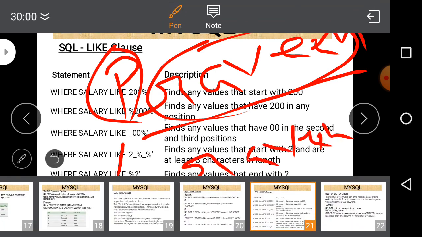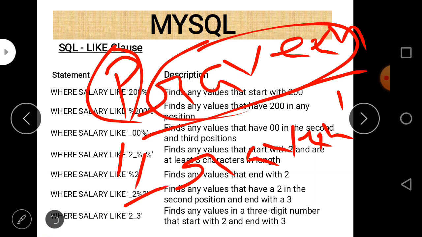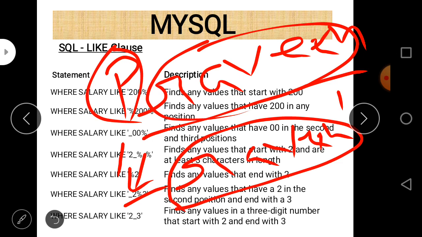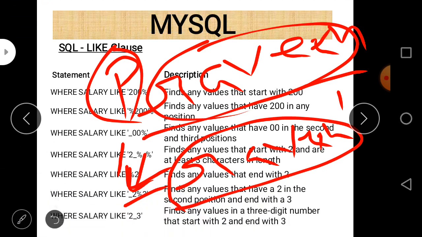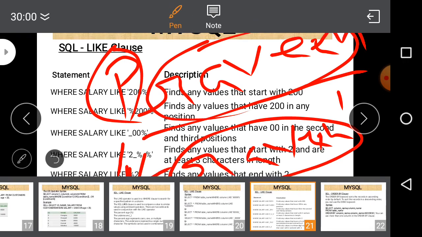It means there is a character in place of the underscore, and it may be A, B, C, D, or P, and the rest is fixed content that cannot be changed, but there should be at least a single character here. So it will return all strings that start with any single character, and the remaining characters are RAVEEN.